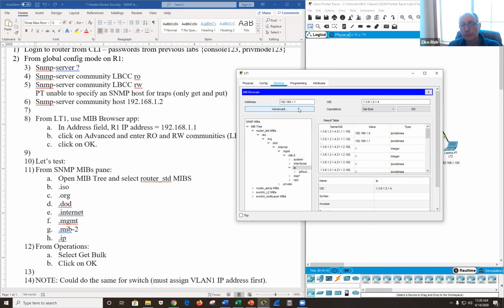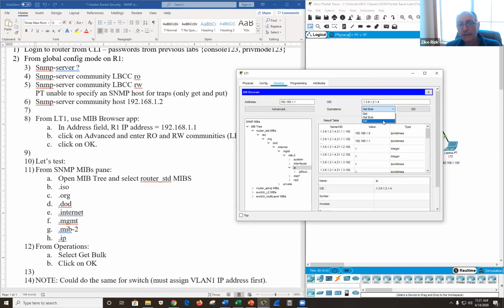And if I wanted to modify, then I would change the value and I would do a set. So a get is to query and a set is to modify. And as long as SNMP is enabled on that device, a PC, a server, a switch, a router, and as long as I have permission, I can make those changes.